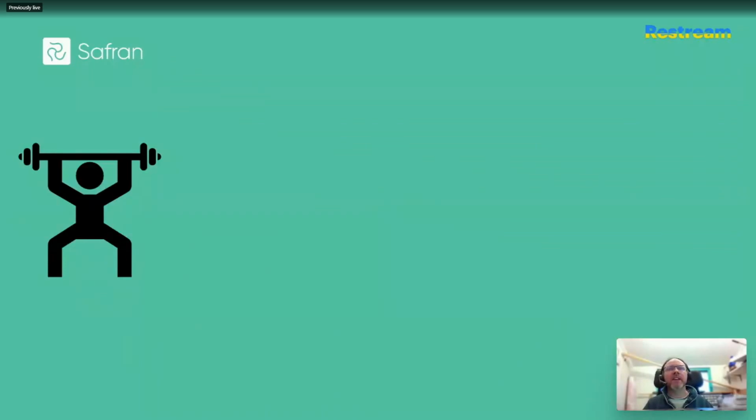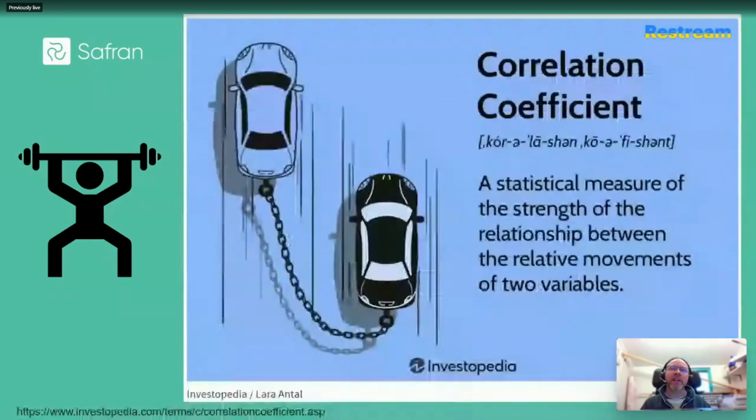Now, I find it best to think of this as a strength of relationship between two moving points connected by a piece of invisible string that might be tighter or it might be looser on a case-by-case basis. The tighter the string, the more closely related they are. So as one thing moves, then the other thing tends to move with it, like a shared destiny. Although it's also possible, as we've already seen from the previous tornado graph, for negative correlations to also exist, which simply just means that if event A occurs, then event B is either less likely or maybe even impossible to also occur at the same time.